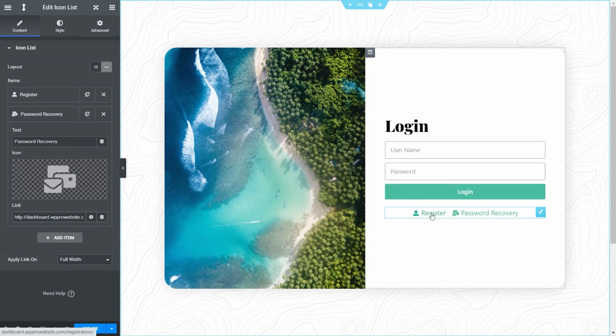So now we've set up our registration link and our password recovery link, and that's our login page done. So we'll hit update on there. And we've now got a custom login page. So let's just test that out now to make sure that it's working if someone tries to access the normal